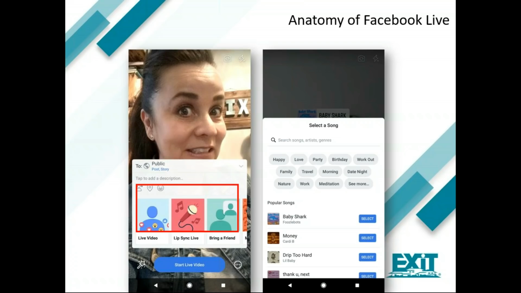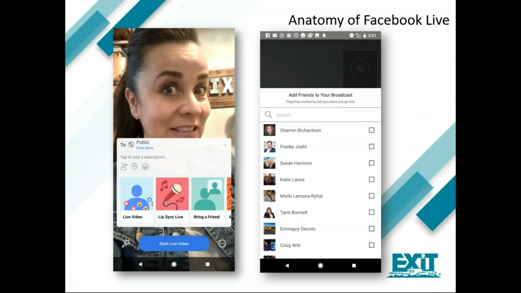This is another type of theme where you can draw people into a conversation and they can be live with you. So for example, when you click on bring a friend, you'll see the ability to choose from a list of friends that you're connected with. I want you to think about that for a second, because this is really especially great when one of your connections is a business partner, maybe like a lender or a home inspector. You can interview them and have them share a tip or two that would be especially helpful for your audience.